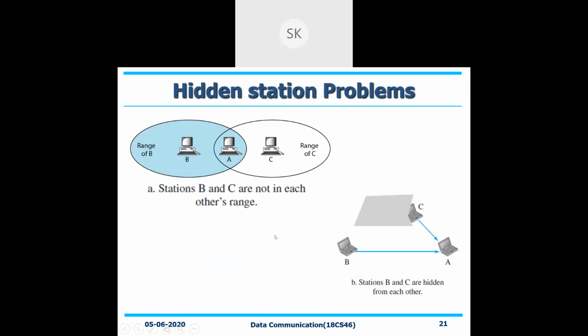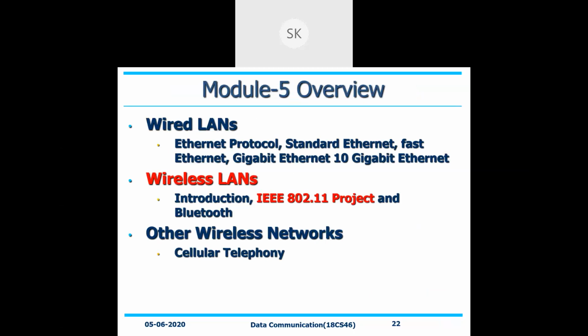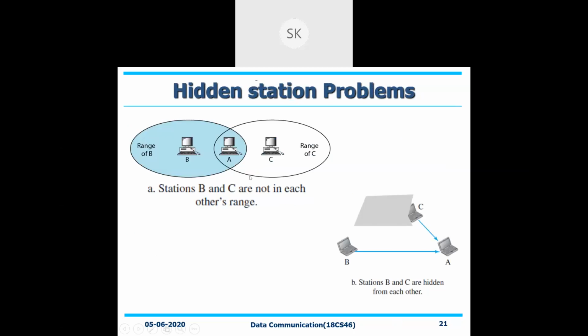with respect to your wireless. For your wired, there will be no such thing, because it will be a physical link, right? With respect to that physical link, it will just give you the answer. But with wireless, since there is no physical connection available at that point of time, anything can happen. Because of that, wireless always goes with collision avoidance. Collision detection can be done with wired communication.